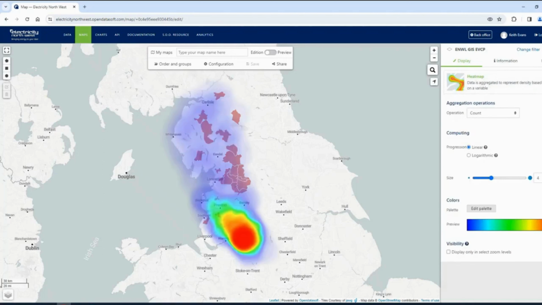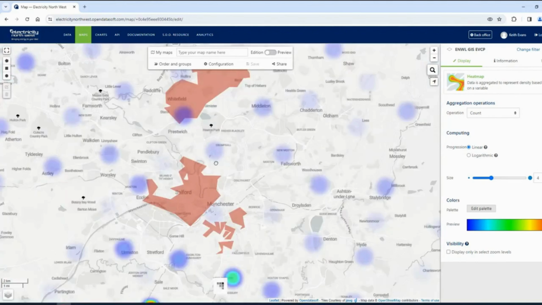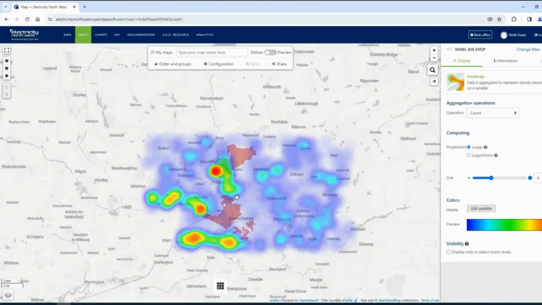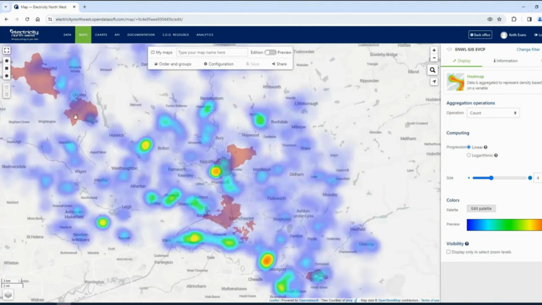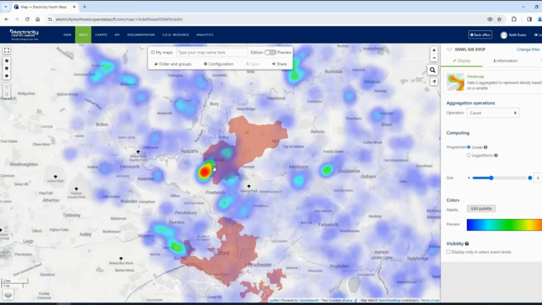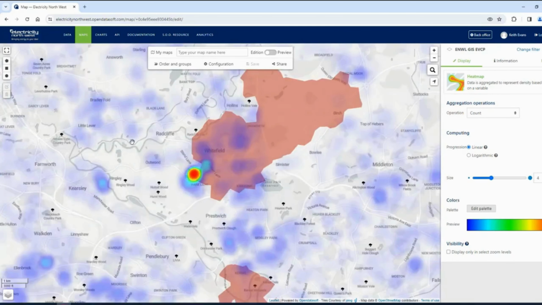So if I change that over to a heat map, then you can see that there are a high number of EV charge points in and around the Manchester area. So zooming in on that, I want to see if I've got any within areas where I've got any active tender. So what we can see is, although we've got a few various different clusters, the main one that I might be looking at is in and around this particular flexible service requirement. So what I can do from there is apply an active filter to that particular set of data